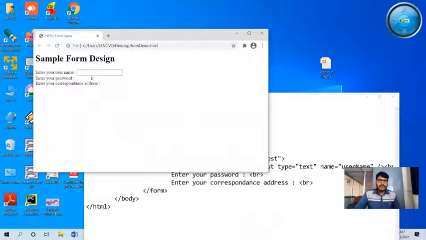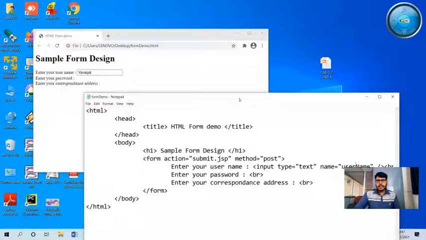You can see here in front of username, it has included one field. So here I can click and write my username like this. Okay. And similarly, after this, I want to accept a password from the user. So for this, I can include a password field here.